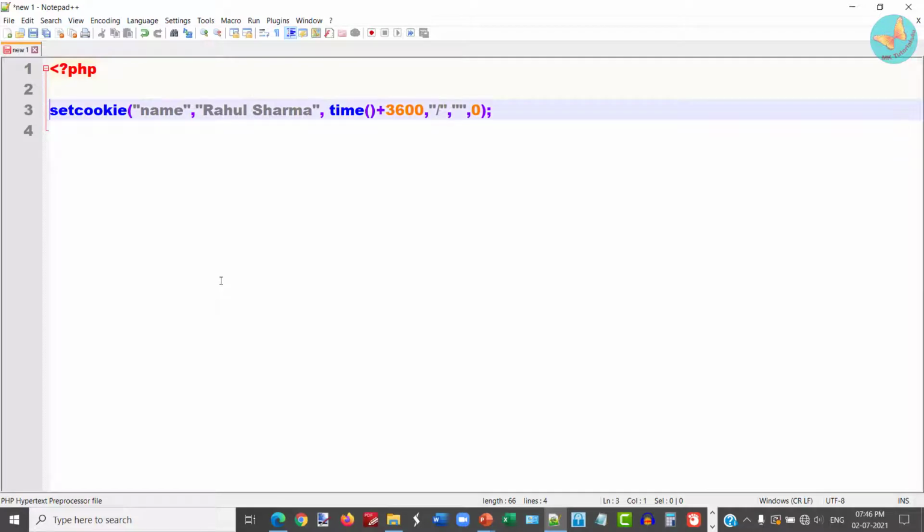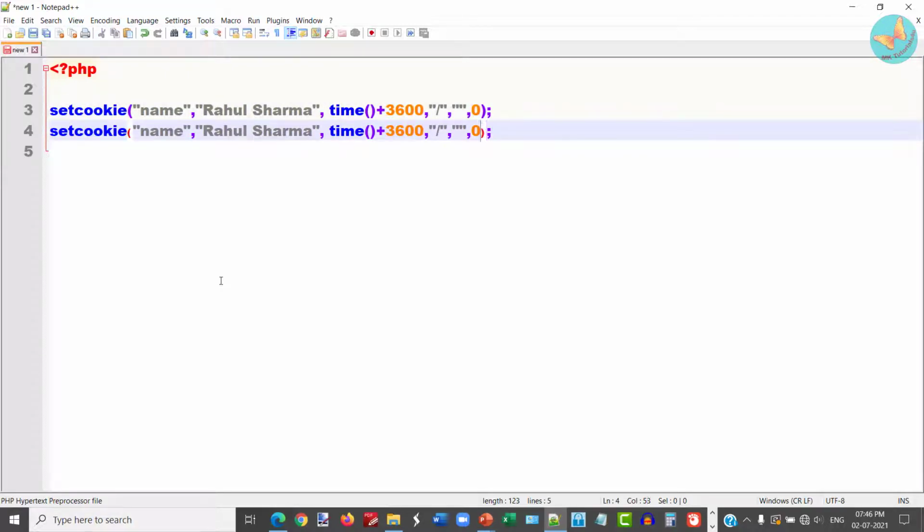Then on a similar basis I'll create one more cookie called age. So here my name will be age, and suppose the age of this Rahul is 22, and again it will expire after 1 hour.